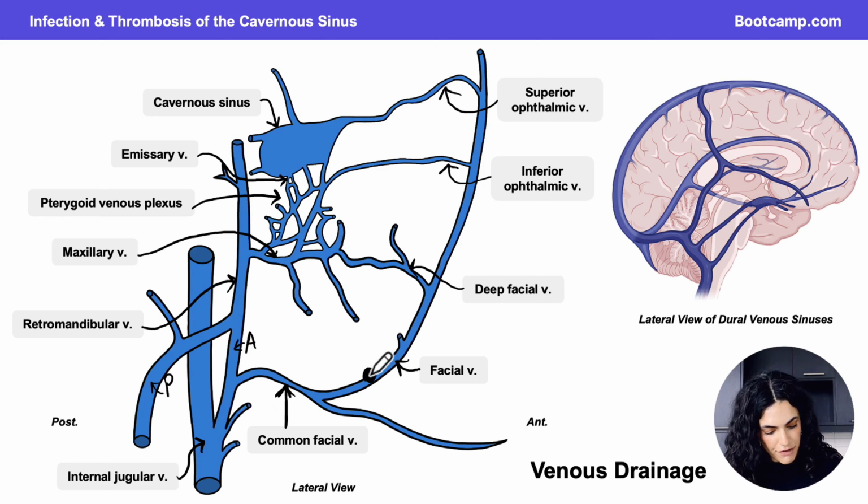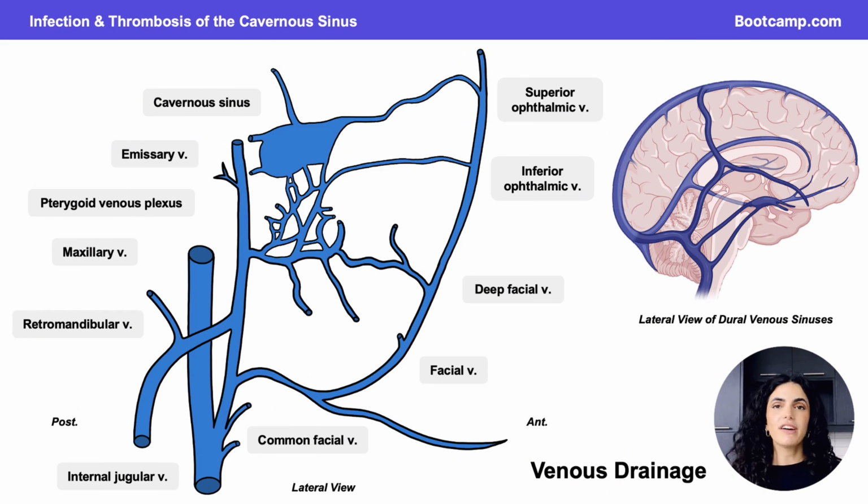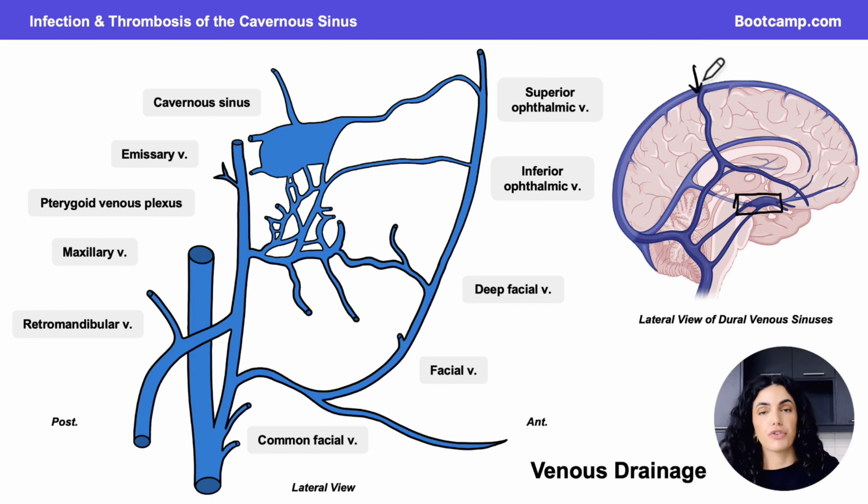And we know that any infection that occurs in the areas of the facial vein can eventually travel to the cavernous sinus or even to that pterygoid venous plexus. So here I want to also show you the location of the cavernous sinus. So here we can see the cavernous sinus has some connections with all the other dural venous sinuses. So if infection does enter the cavernous sinus, it can also spread into other areas of the dural venous